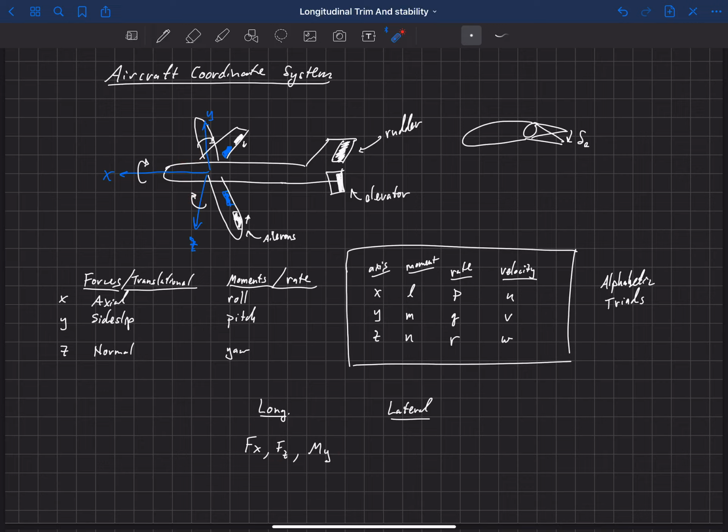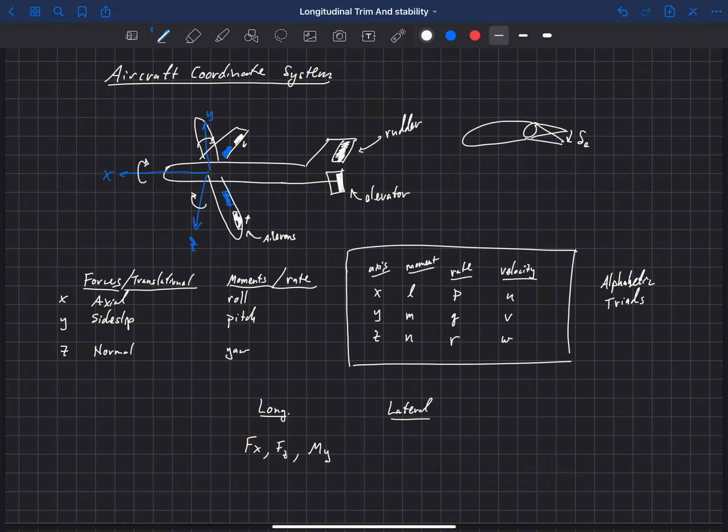And by the way, force in the x and force in the z direction are related to lift and drag, so we'll be discussing those. Lift and drag are just a rotation, just like when we looked at airfoils, a rotation through the angle of attack. Something similar here. So drag is mostly aligned with x, but not exactly, because we're rotated by an angle of attack, and lift is in the opposite direction of z, but not exactly, it'll be rotated by angle of attack.